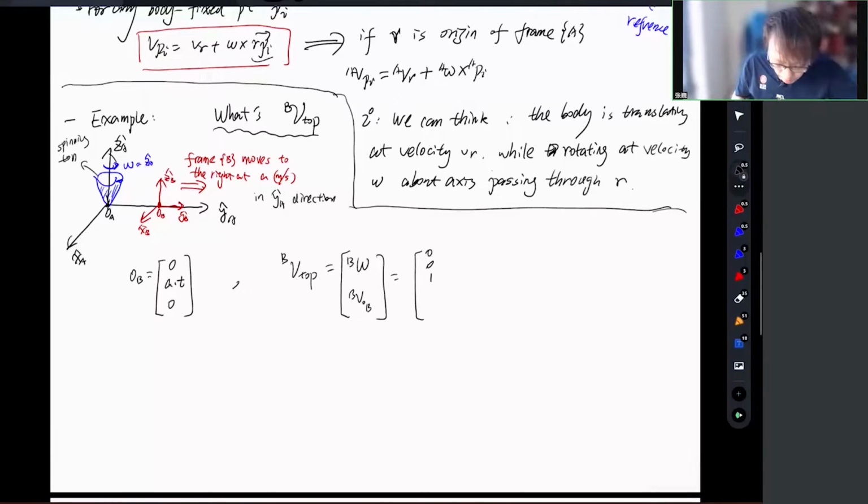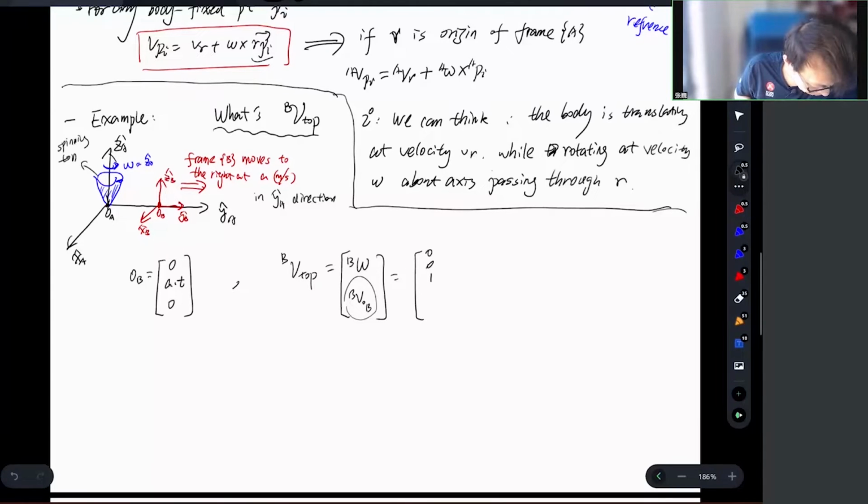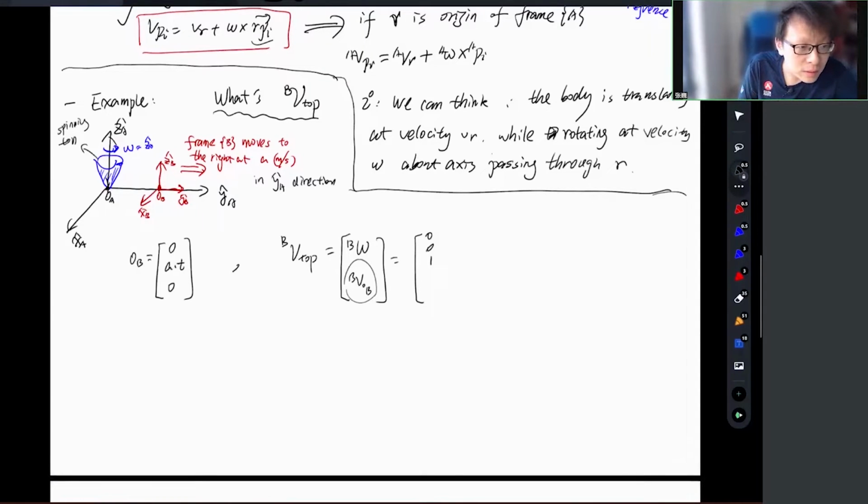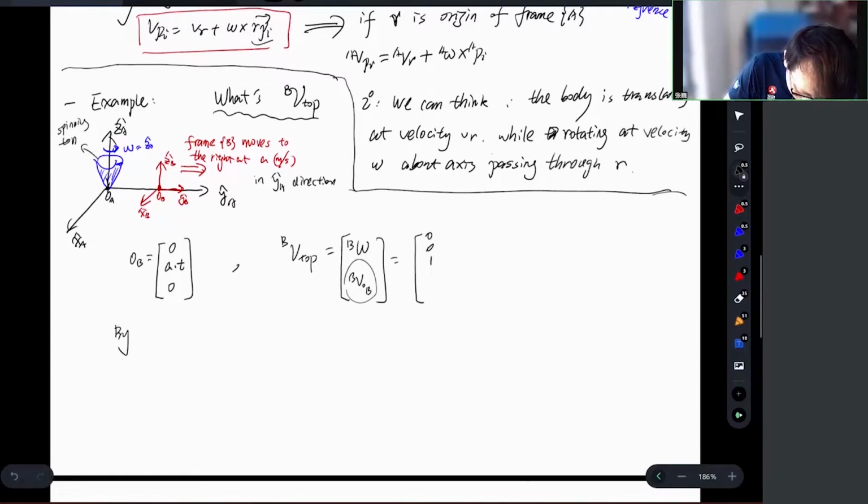And also, now we need to know how to compute VOB. Based on our discussion today, or even the previous lecture, we know that VOB is not how fast OB moves. OB moves to the right at speed 8 meters per second, but that doesn't matter. Okay, by definition, this guy is what? By definition,